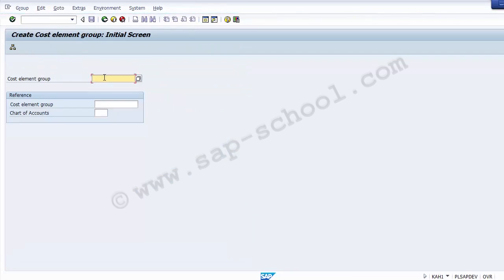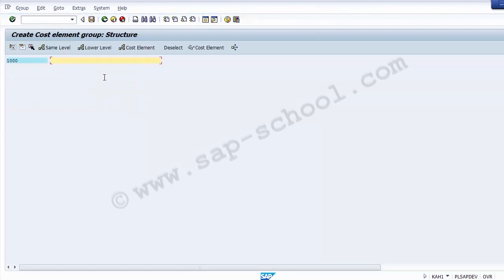Suppose I create a group named 1000, enter, and you can put the description to that. Suppose I name it group A, and you can save it. So the changes have been saved. From this you can create the cost element group, and now if you want to assign the cost element